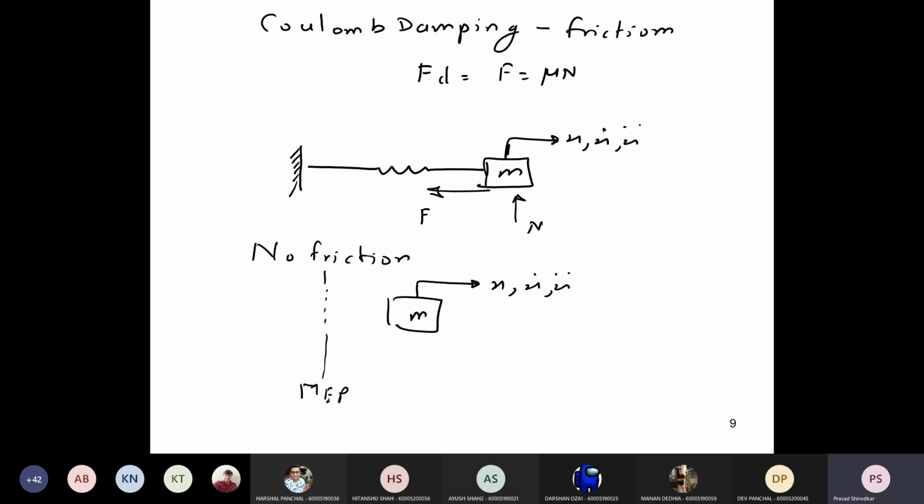The spring is stretched and the mass is moved to the right, so the mass is on the right hand side of the mean equilibrium position. We have already solved this, and we have written the governing differential equation